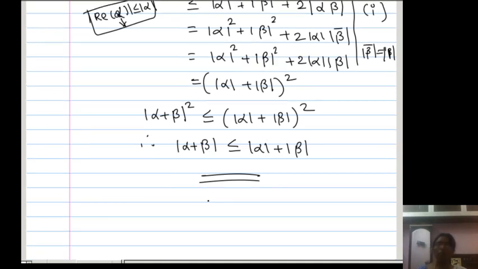So these are about modulus: how to find the modulus of any complex number, how to give the notation geometrically, what is the meaning, how to give the notation of the complex number, and related to modulus and conjugate, what are the properties and the inequalities. Those things we discussed in this class. Still we will discuss the polar form, how to write the argument, those things we will discuss in the next session.